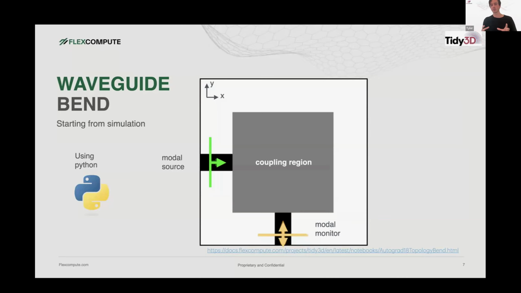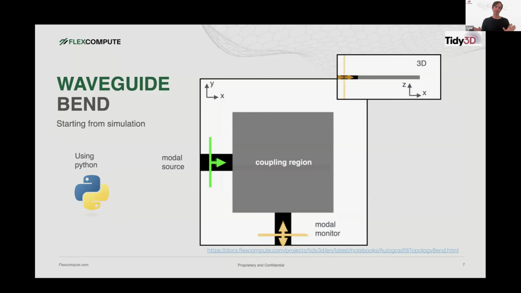And in the middle, we have this coupling region, and this is what we're going to want to design. And our objective will be to maximize the coupling from the source to the monitor. And just for good measure, we're going to be doing this problem in 3 dimensions so that it's a bit more computationally expensive. So you can set up this problem with regular Tidy3D components by specifying these geometries,